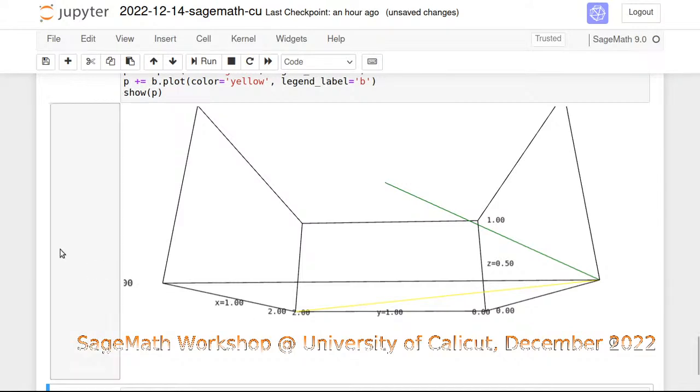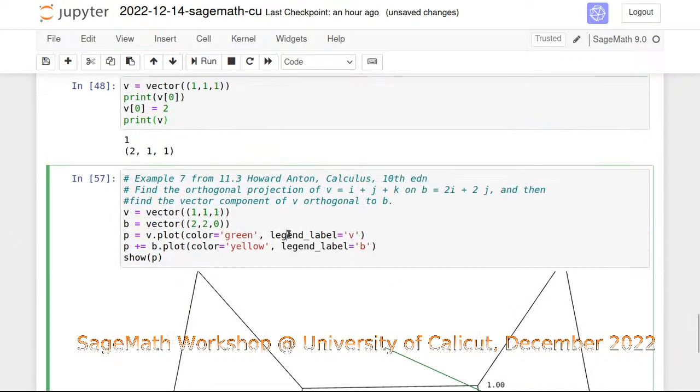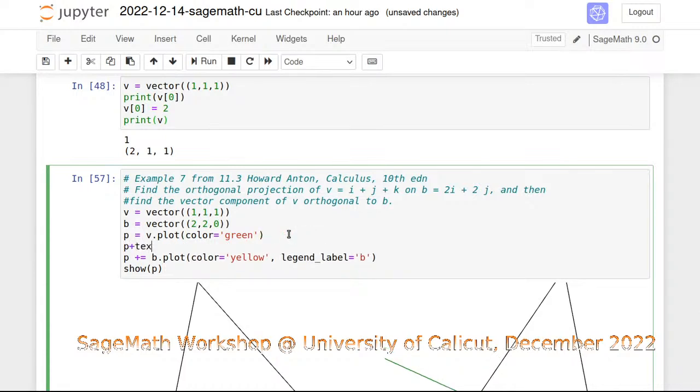Probably not. I don't exactly know. Maybe we can place some text around this vector. Text at which point? What is the command for text at this point? V, will it work? P plus equal to